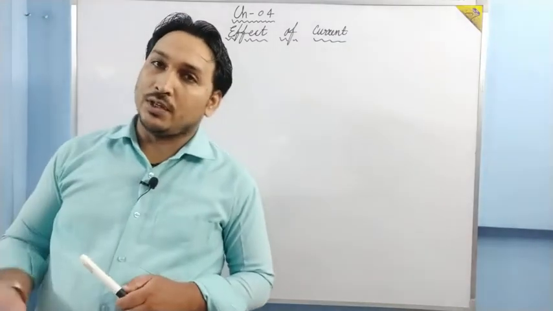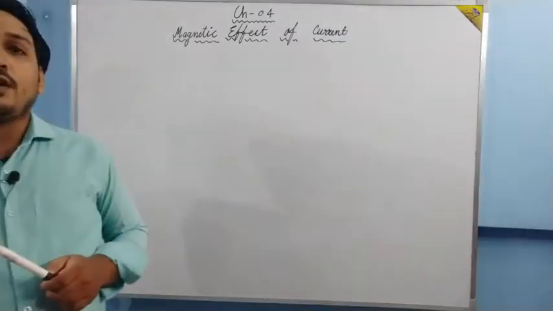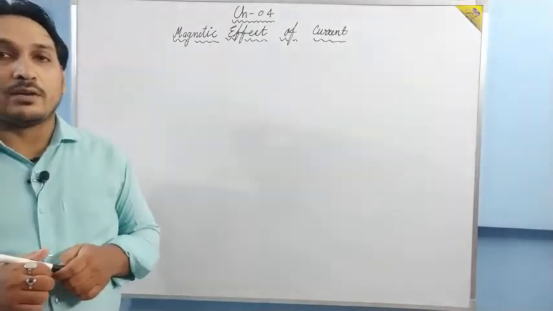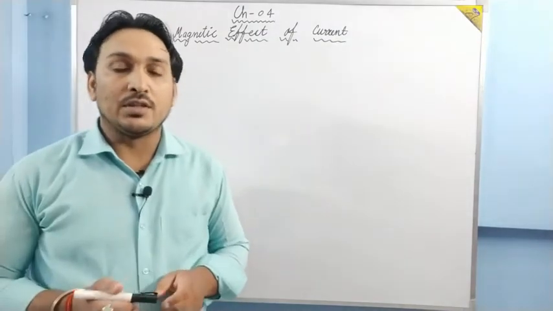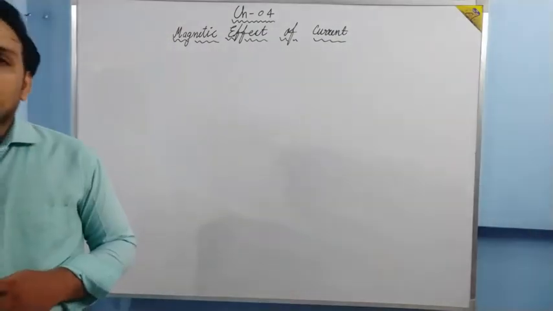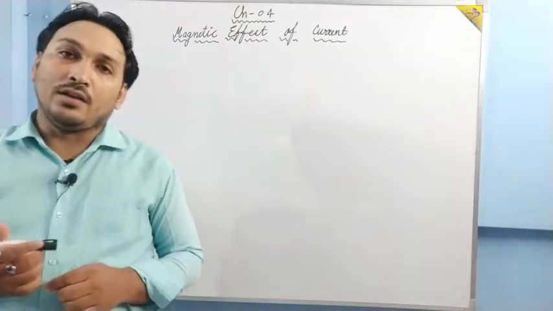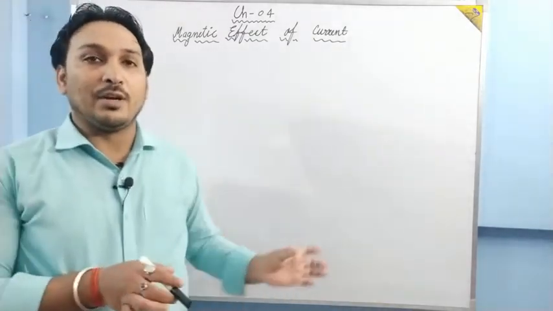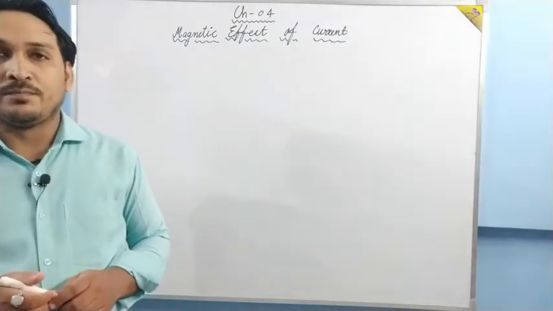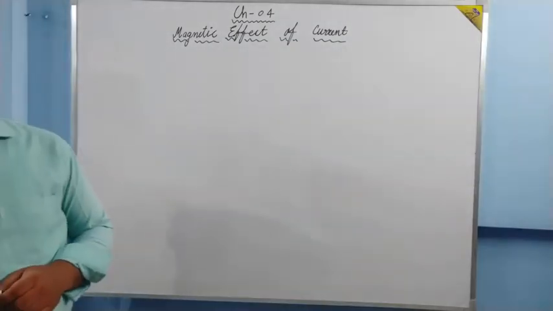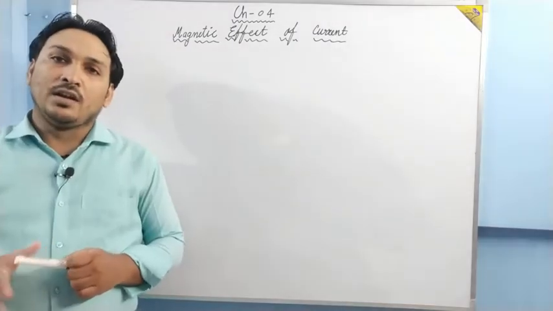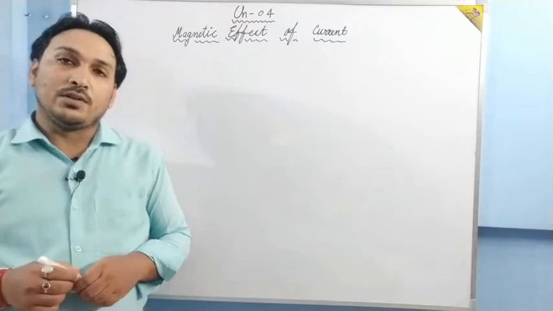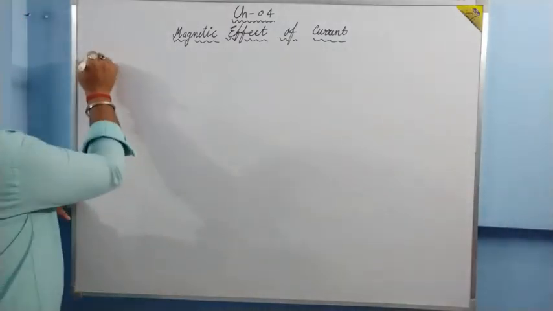Basically in this chapter we will study how to calculate the strength of that magnetic field. We will study methods to calculate that magnetic field. In that we will study Biot-Savart law and Ampere's circuit law. Okay, and then we will try to find out what happens when a current carrying wire is kept in a magnetic field. Although you have studied all these things in class 10th but not in detail, in class 12th we are going to study it in detail. Okay, the very first thing we will study is what is magnetic effect of current.